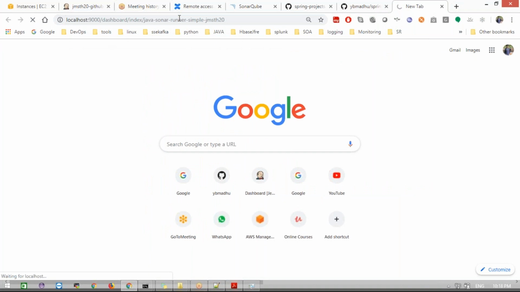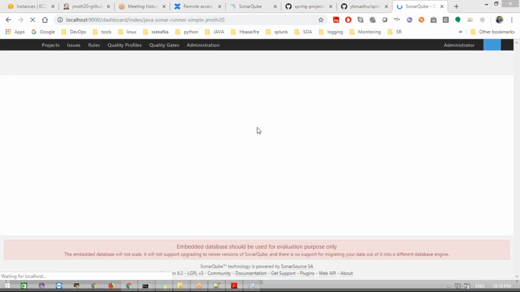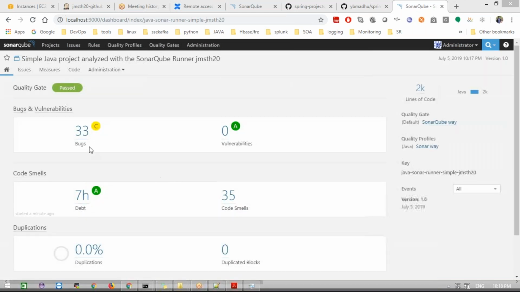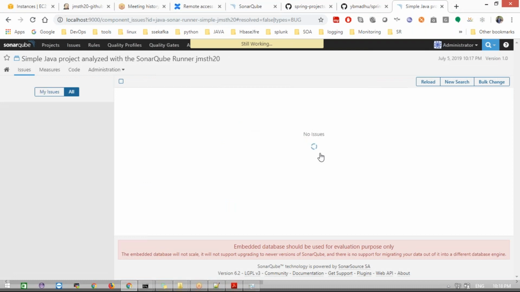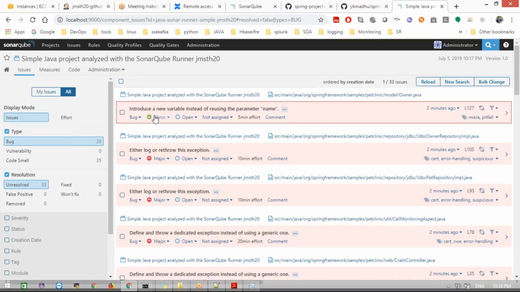Just click this URL, we'll get this dashboard now. See here, it will show your quality, how many bugs are there. Okay, quality is done. Now there are no duplications, nothing. Code smell checks, I have seen that. Yes, 7 hours, as calculated, I guess this is 7h. And there are 33 bugs. Let me click there. A is the grade and C is the low grade. That's it. Now see what it is saying.